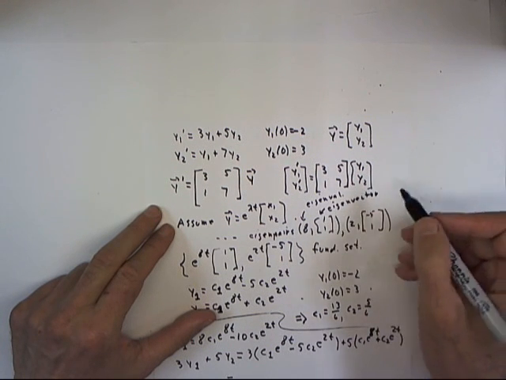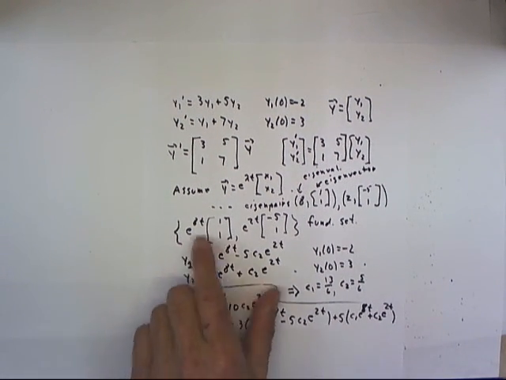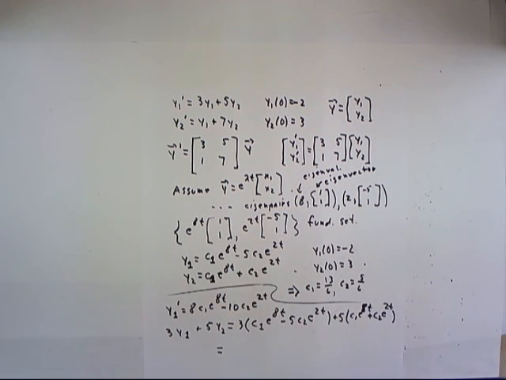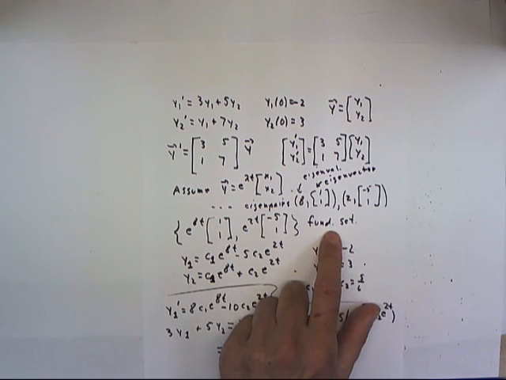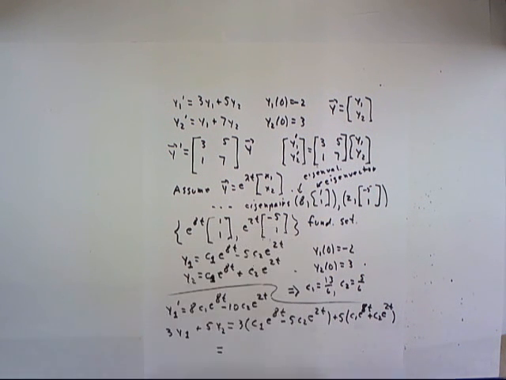And this is an eigenvector. This is also an eigenvalue and an eigenvector. These eigenpairs lead us immediately to the fundamental set. This fundamental set, an arbitrary linear combination of the vectors in the fundamental set, c1 times this plus c2 times